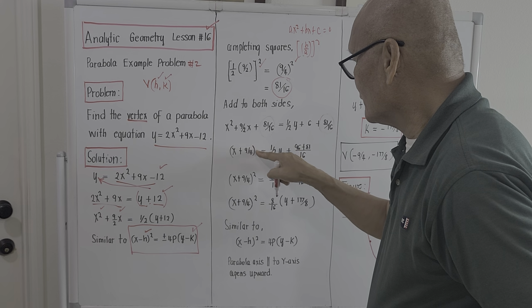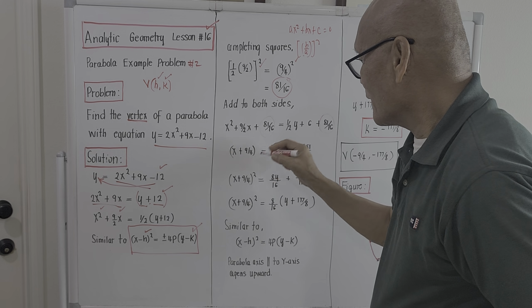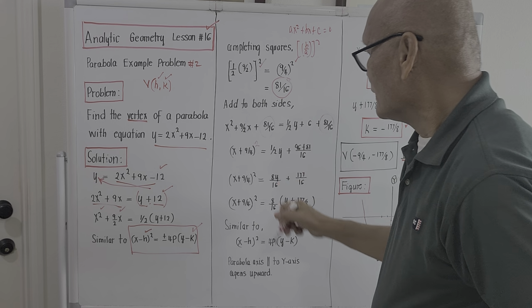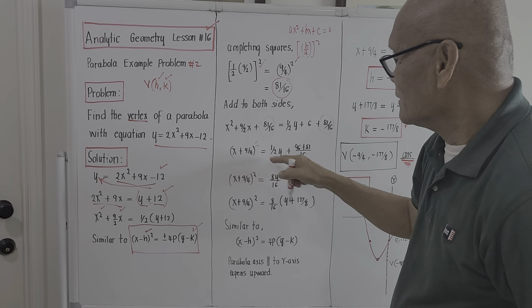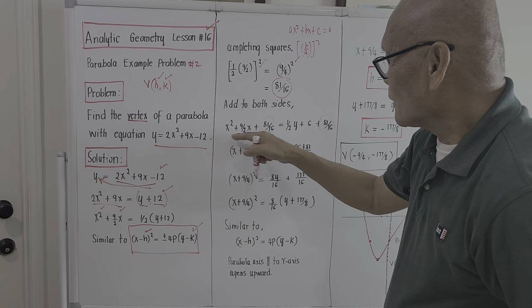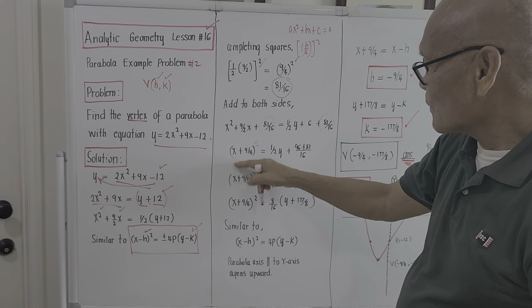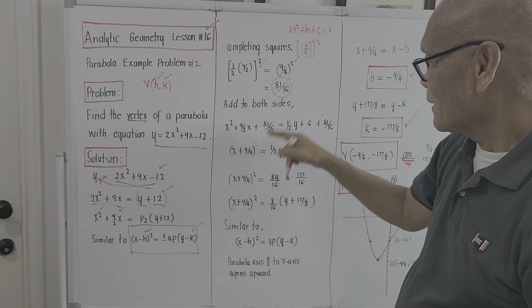I will remove the 2. This is now a perfect binomial if we put 2 here, quantity squared, because if we try to square this one, what will come out will be this one. And this is factorable to the binomial x plus 9/4 quantity squared equal to